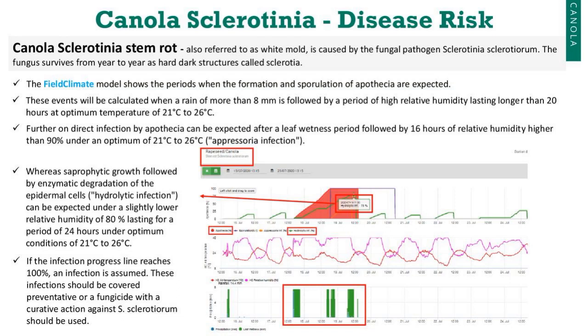So we're looking at high leaf wetness periods, rainfall, high humidity, nice temperatures, and we can actually see when the apothecia begin to develop, when a sporulation event takes place, which is a binary response, on or off, the spores are released, and then whether you're into an ascospore or hydrolytic infection in terms of development. So that's the level of breakdown, and that occurs because you have a very sophisticated model that's been developed over time and applied in numerous countries of the world. And it's based on the biological process of that particular disease.